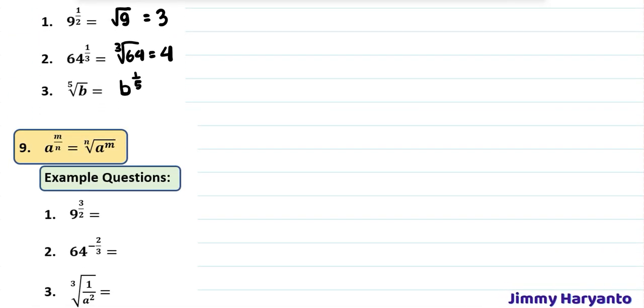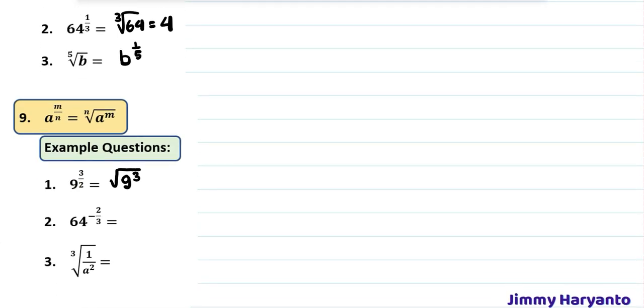This one is the same as the previous one, but it has powers after you write down the square root. Okay, I will explain this. When you write down the square root, that means you already use this one. So the 2 is already gone, guys. When you already write down the square root, the 2 is already gone. So the next thing you have to do is only write down the rest like this. Yeah, so square root of 9 to the power of 3.